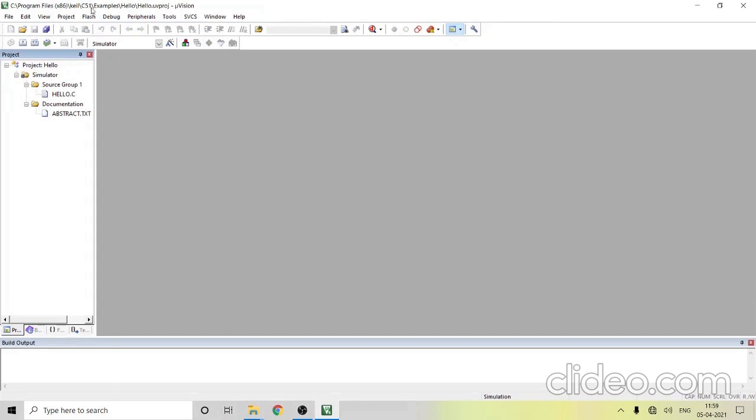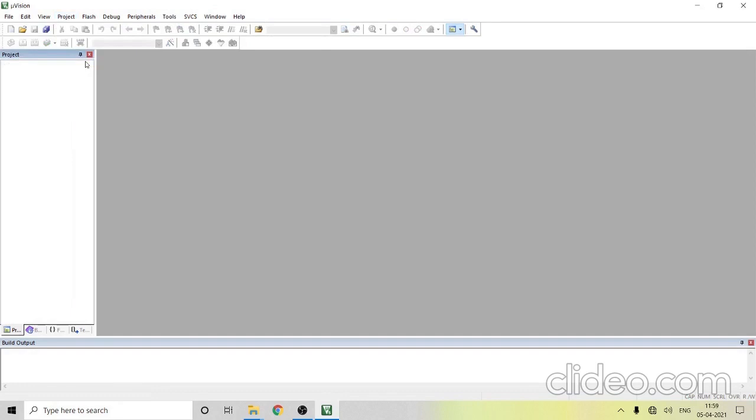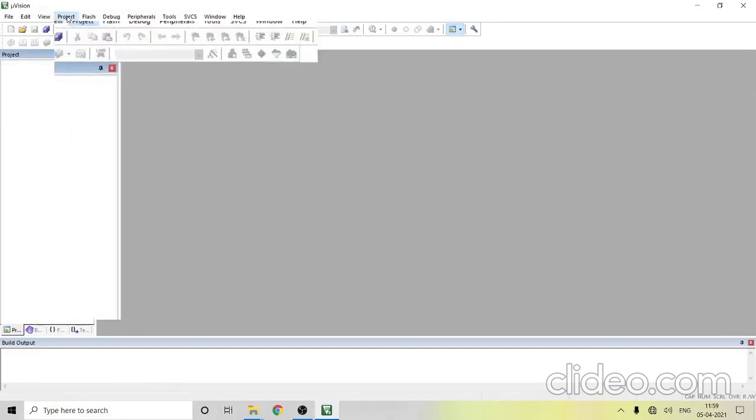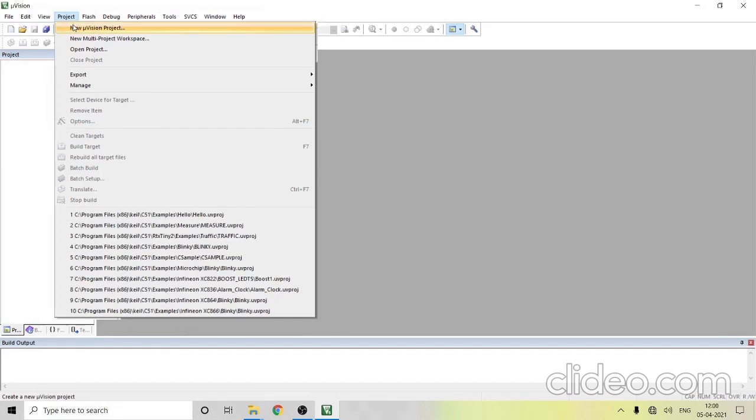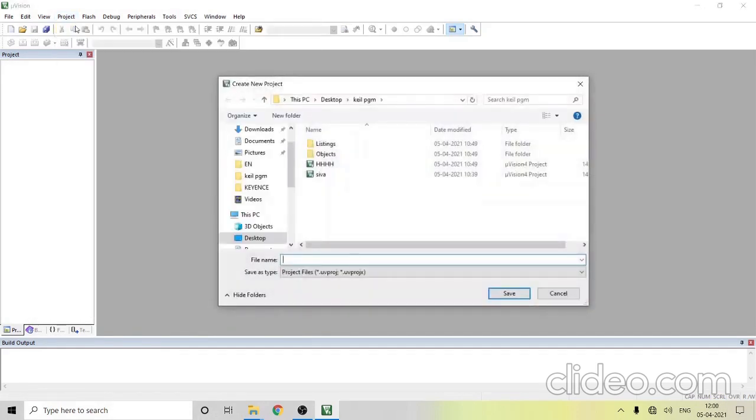So now we'll start the first program. Go to Project, first give Close Project. So you will get a fresh window to start a new project. Go to Project, New µVision Project.